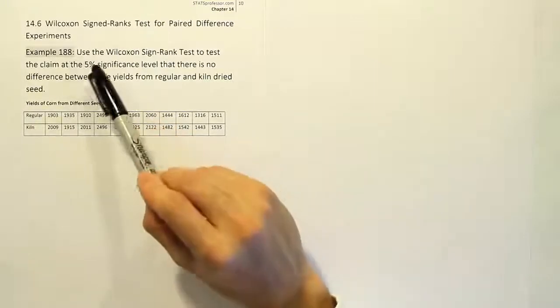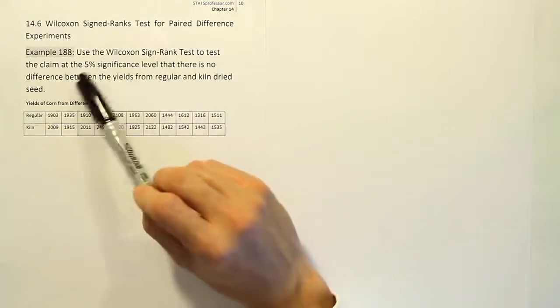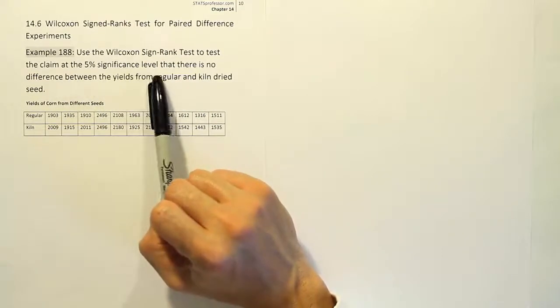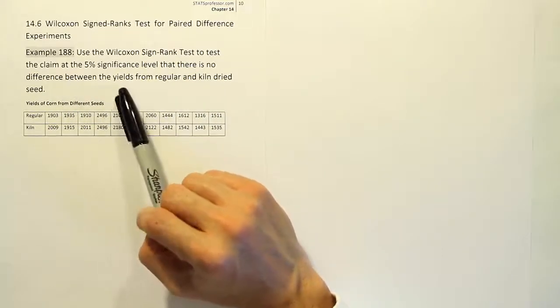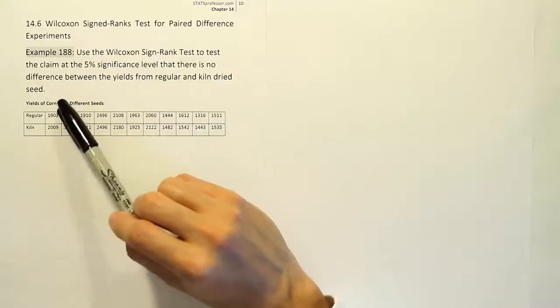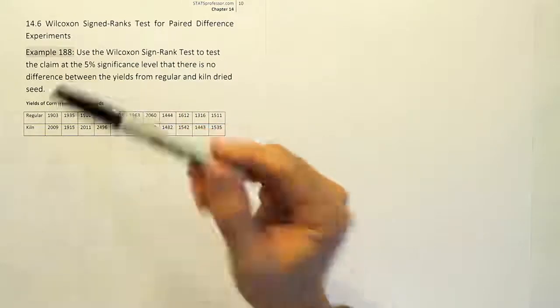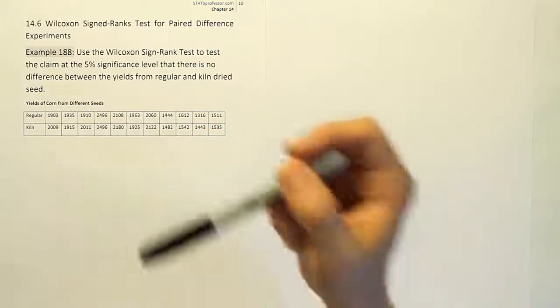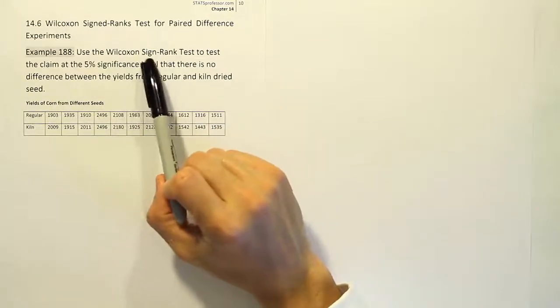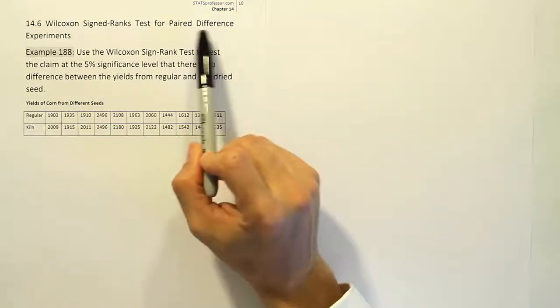Example 188. Use the Wilcoxon Signed-Ranks Test to test the claim at the 5% significance level that there is no difference between the yields from regular and kiln-dried seed. So they have the yield of corn for different seeds. They're telling us to use the Wilcoxon Signed-Ranks Test, which means this is a paired difference experiment